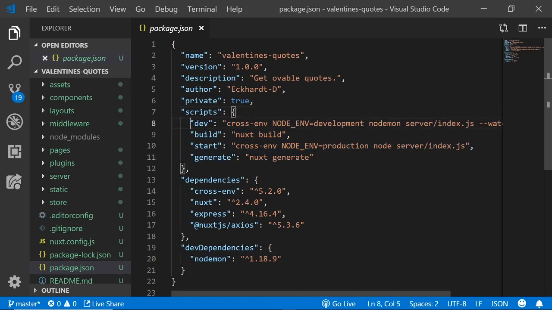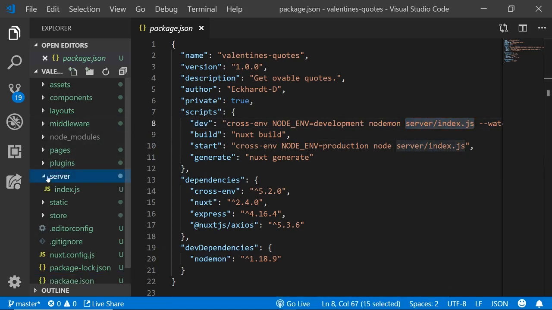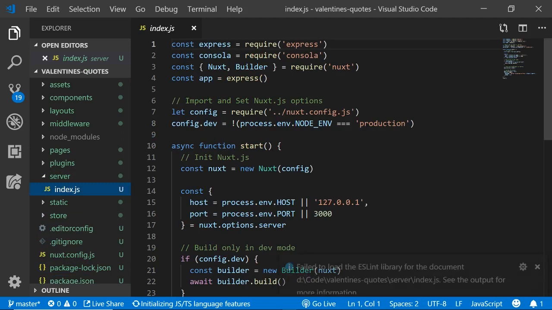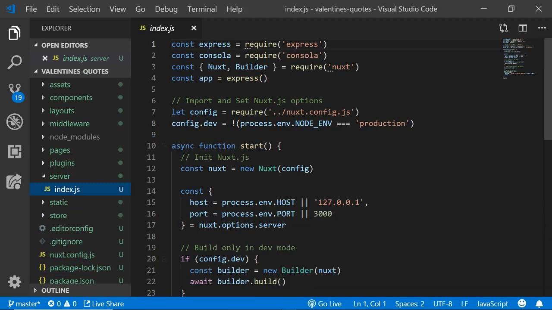If we run npm run dev, we'll start a development server, and it's going to use nodemon, and it's going to run the server file. So if we have a look at the server file, that is a basic Express app. And the Express app, what it does is it brings in Nuxt, it brings in this consoler package, which basically just helps make the terminal look a bit prettier. And then we bring in the config of the Nuxt application so that we can build that on the server